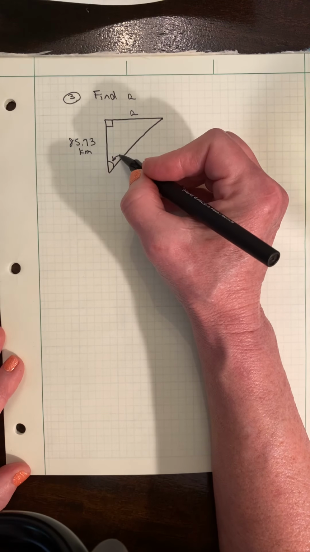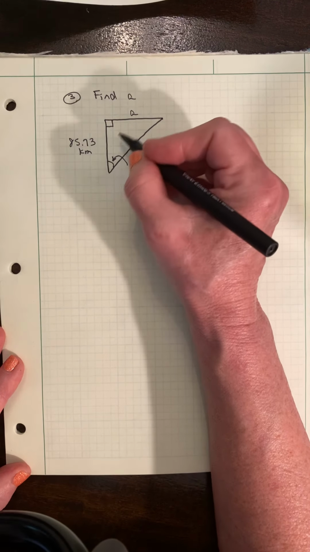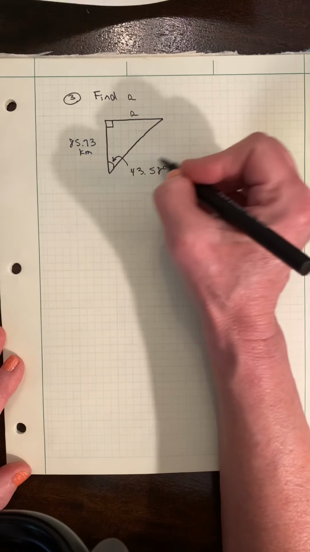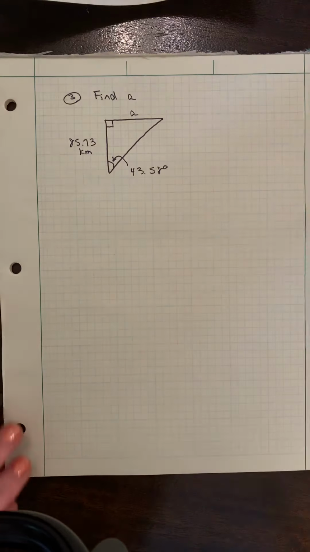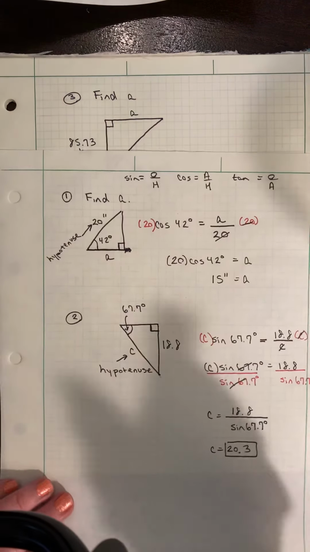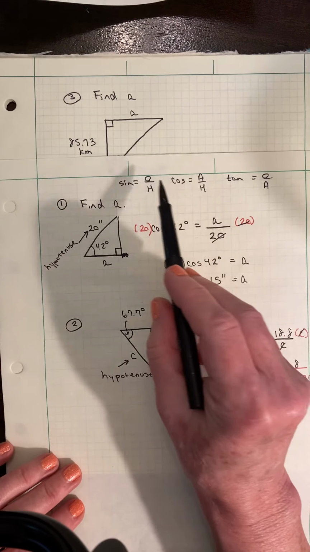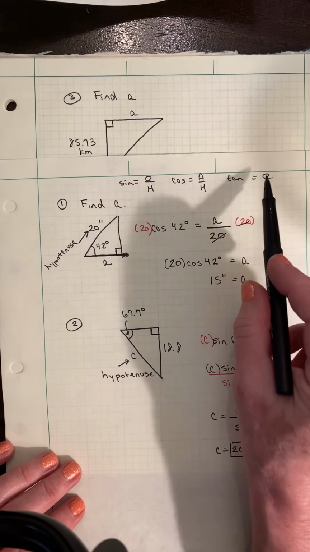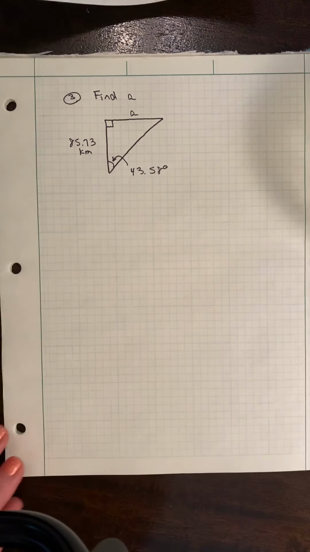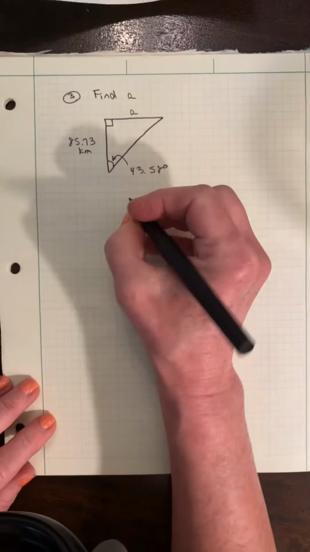I've got the side, I'm looking for the side opposite of the angle. I do not know the hypotenuse, so let's go back and look at our little sheet here. I don't have the hypotenuse, so neither one of these is going to help. How about tan? Opposite over adjacent. Let's use that. So the tan